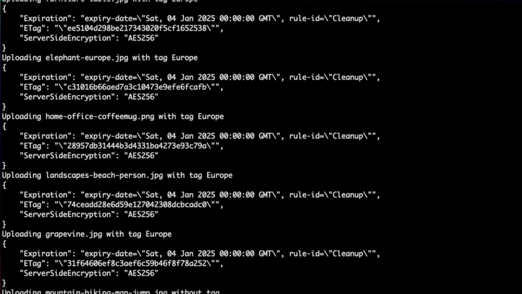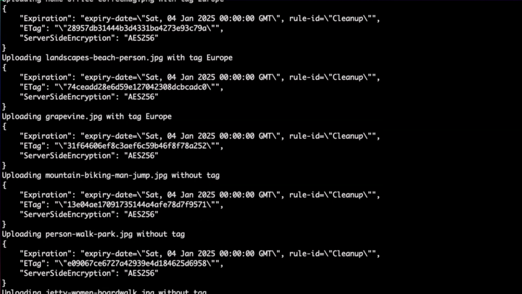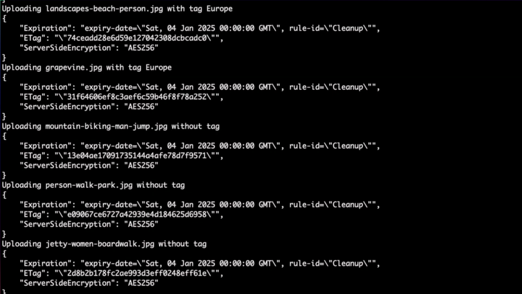So more images are being uploaded. And once again, this code will be available for you guys to modify in the next week or so.